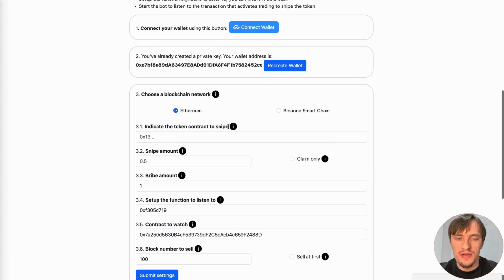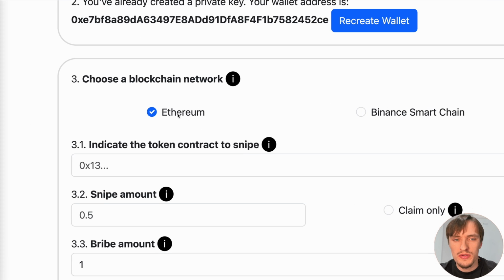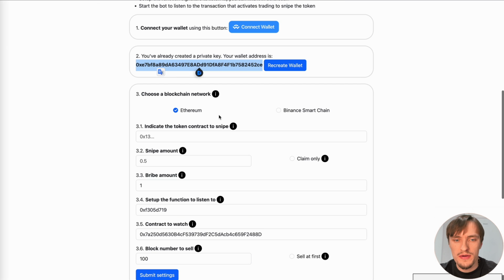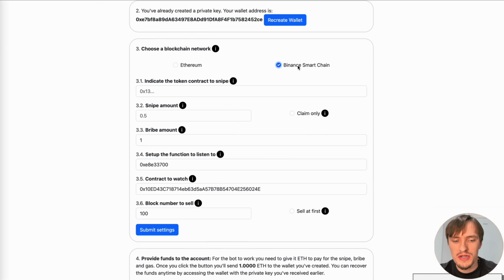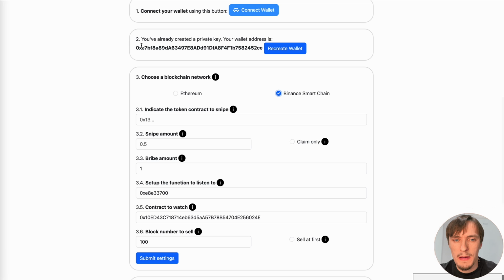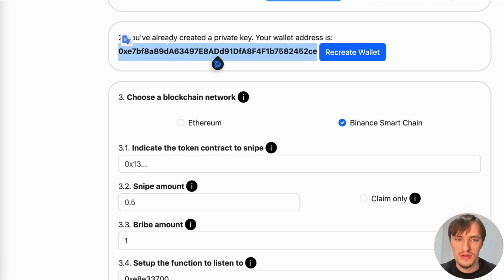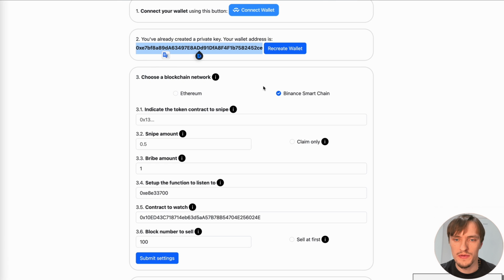Now, another thing I forgot to mention is that for Ethereum, you need to add ETH here. But if you choose Binance Smart Chain, you need to add BNB. You know, BNB is the currency used for gas on Binance. It's not Ethereum. It's the BNB token. You need to add the coin to this wallet if you want to snipe